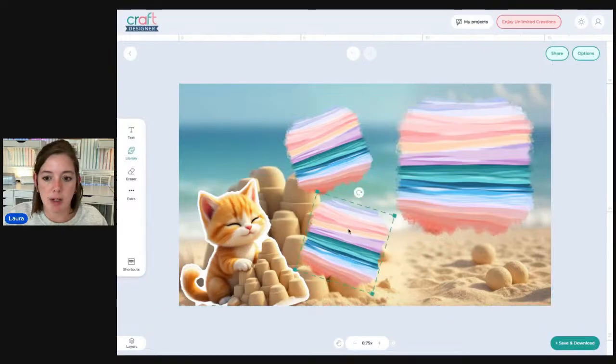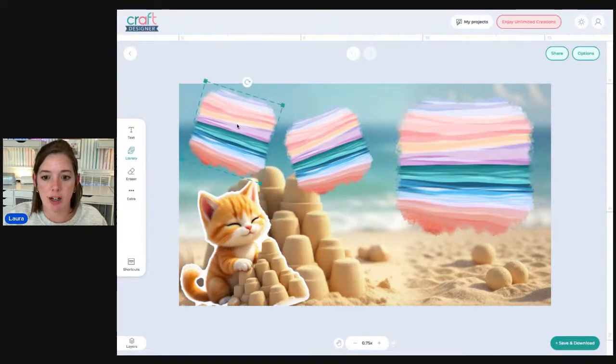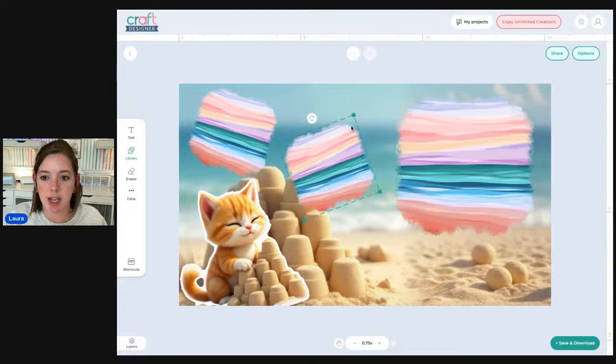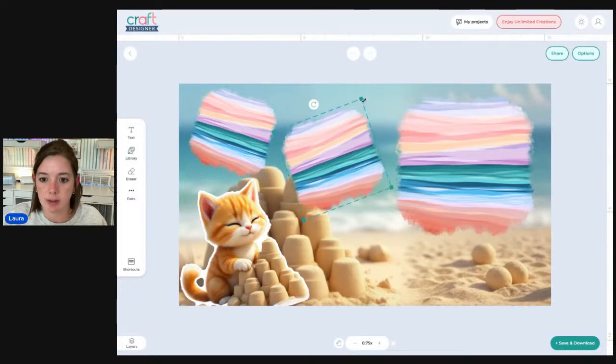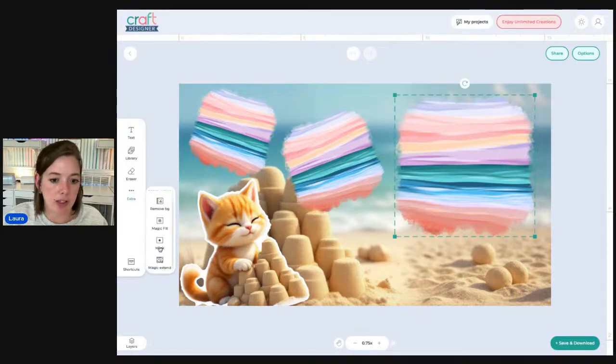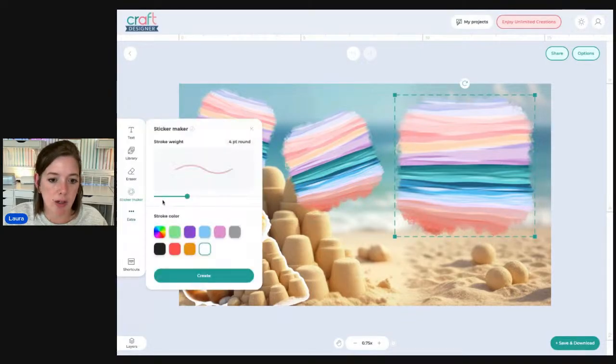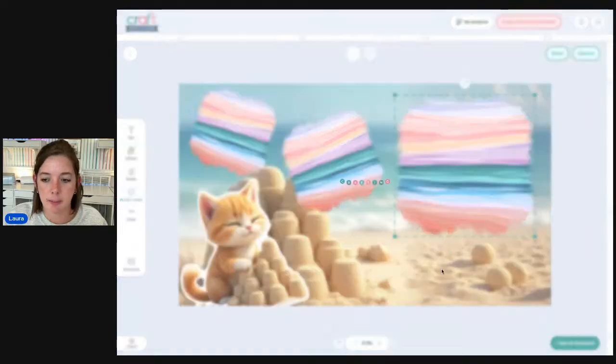And then maybe we want, actually let's put another one here. And then let's maybe put some text on this. You could also put outlines on any of these things. So maybe I want to put a little outline on this to make it more framed.